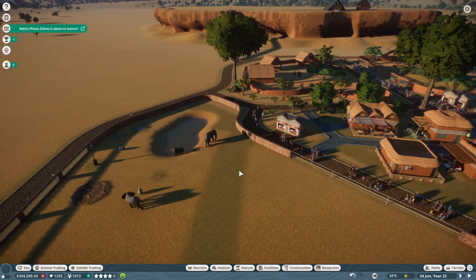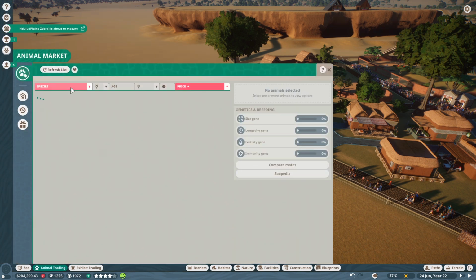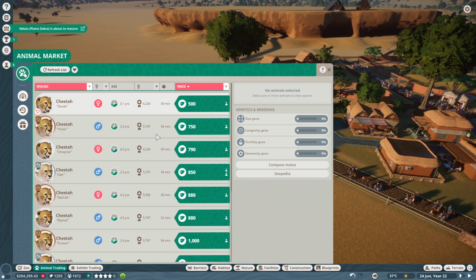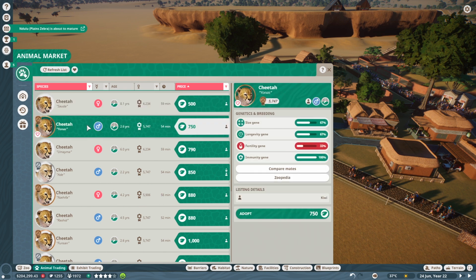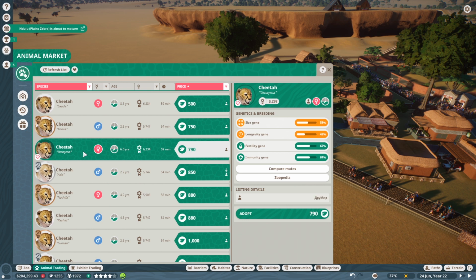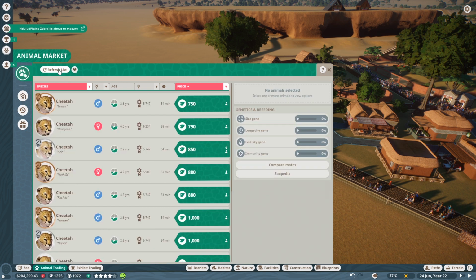I want to decorate the elephant pen, but what I want to do first is go and see if we can get a cheetah today for less than a bajillion buckaroonies that isn't completely infertile. So to start with, the answer is no. These will not be this expensive when there's no challenge to do, so